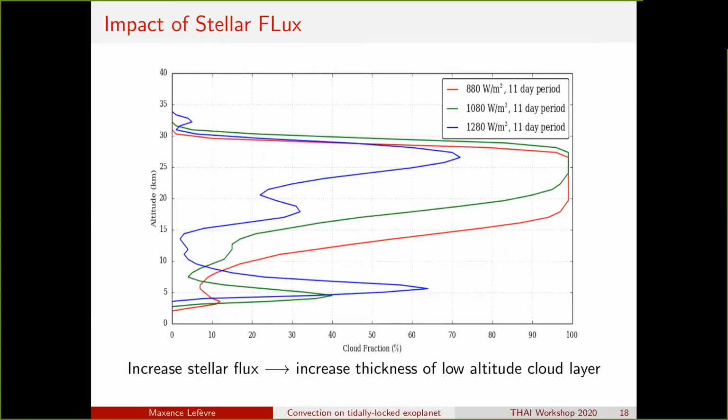Now it's presented here the vertical cloud cover for three cases of stellar insolation.